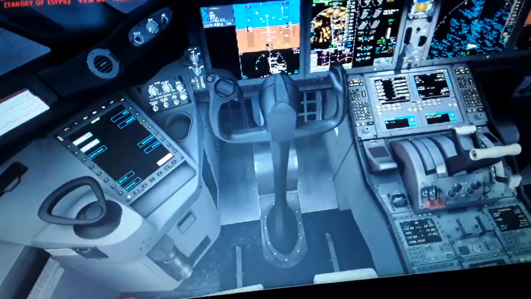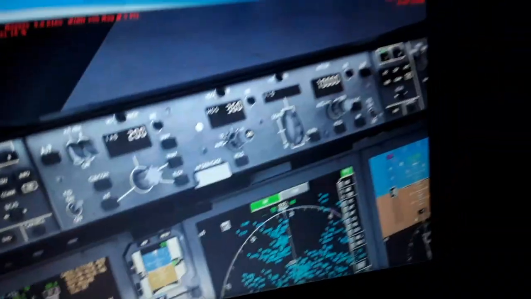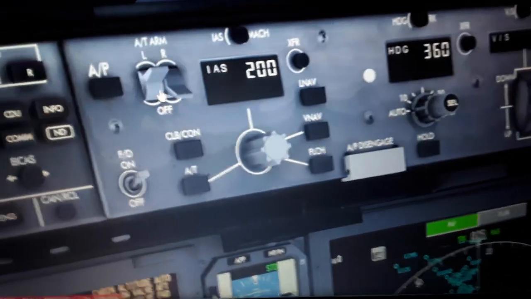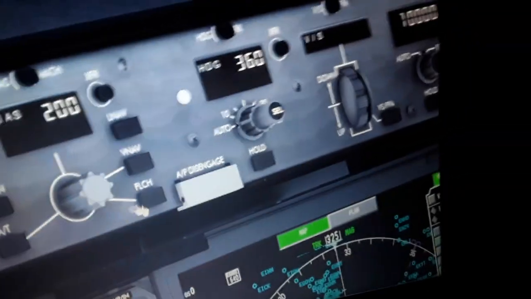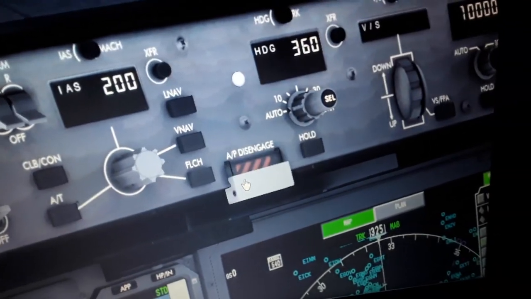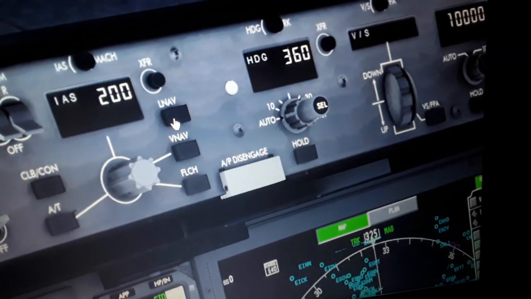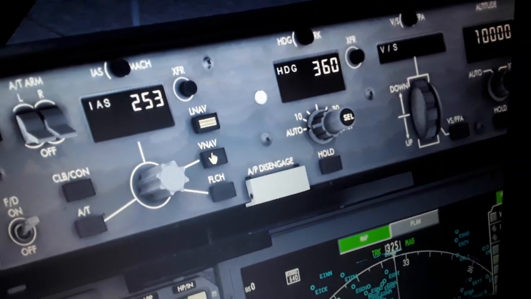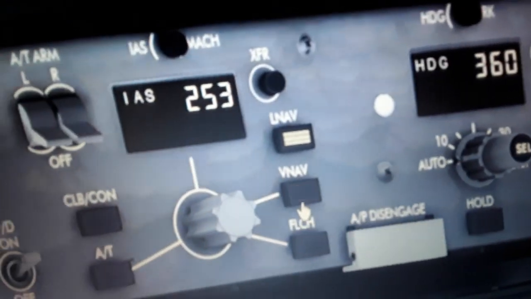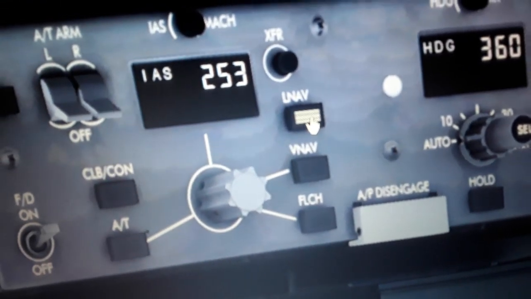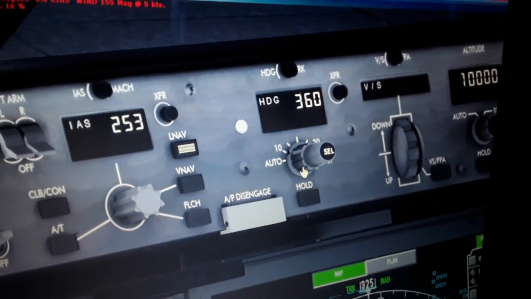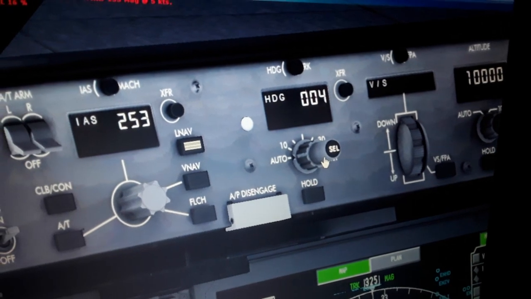The flight management computer. Also we have the autopilot flight director system panel. You can see here the autothrottle left, autothrottle right. Over here flight director on and off, autopilot disengage, LNAV maybe use LNAV and VNAV. As you can see, the heading bank angle over here. So we'll make a few changes. The heading,